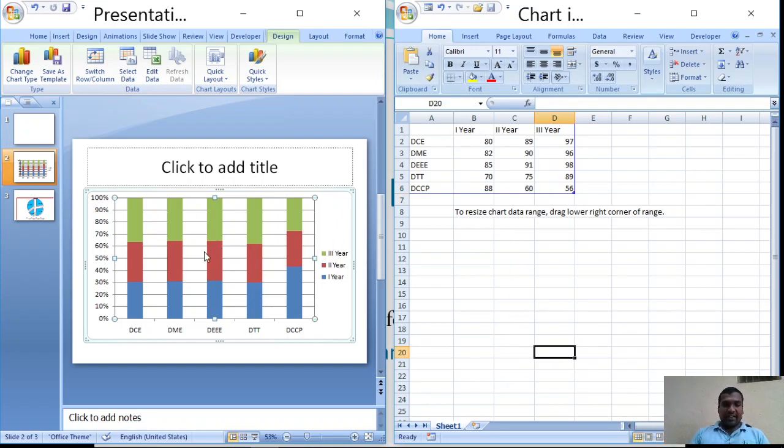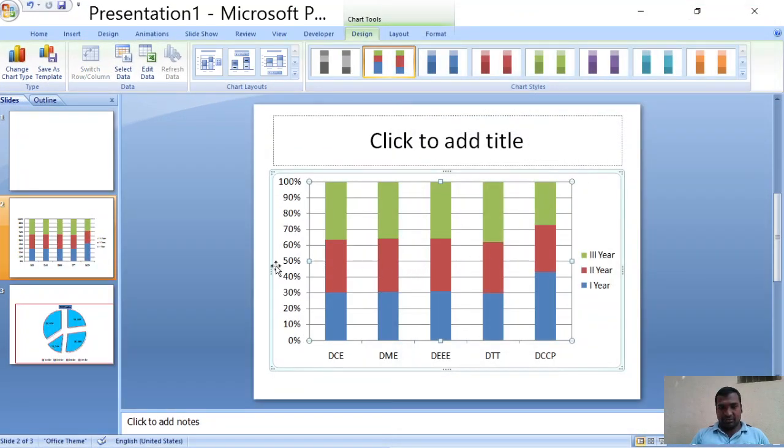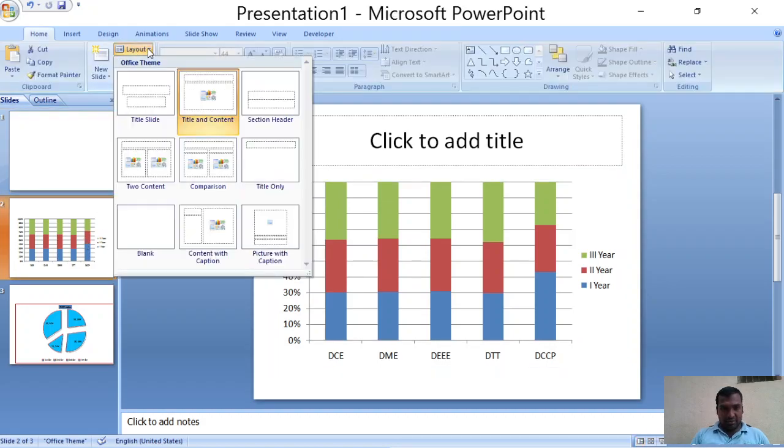These values are reflected here directly. So these legends represent: blue color represents first year, red represents second year, and this green color represents third year, and like that. So I'm closing the data, and I want to change this chart layout.